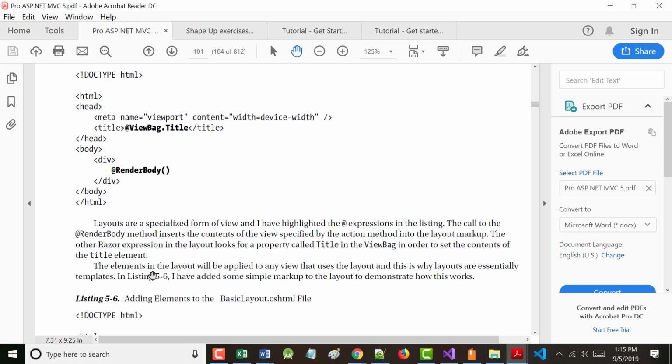And this is why layouts are essentially templates. When I taught this class at the college I used to teach at, we did web forms. When we did web forms, you didn't do it like this. You created a special page that was called a master page. And everything you wanted worked off the master page. It was basically set up like this most of the time.